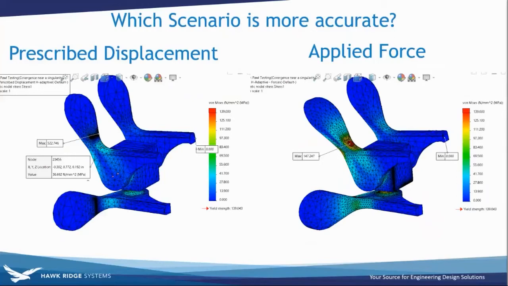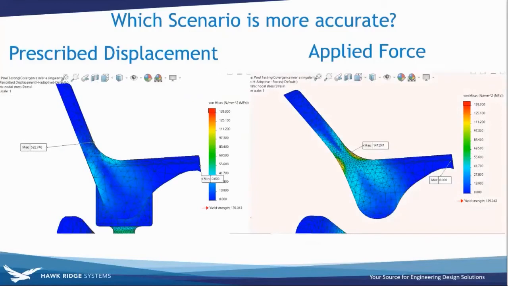So if you remember in the beginning, we were talking about sources of error and how fixtures can create added rigidity to a structure. This is a prime example of that. The prescribed displacement tool keeps the face that the fixture was applied to as rigid. This is causing the linear shape that you can see on the image on the left. The image on the right has the applied force. You can see the face where the force is applied can deform, giving us a more realistic deformation plot and